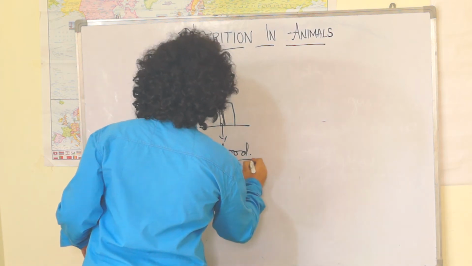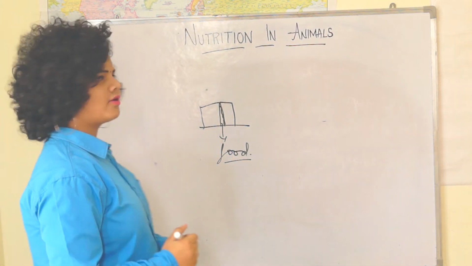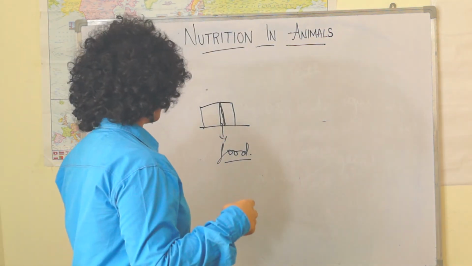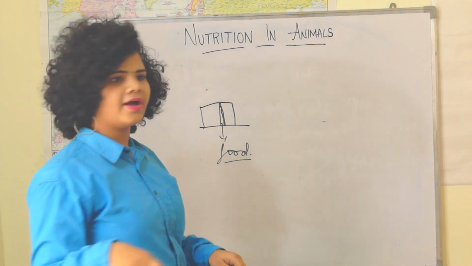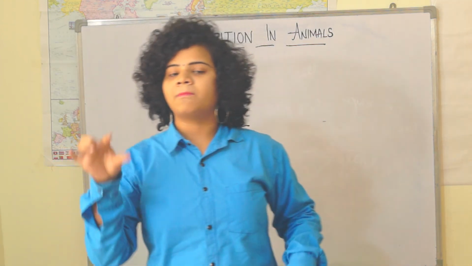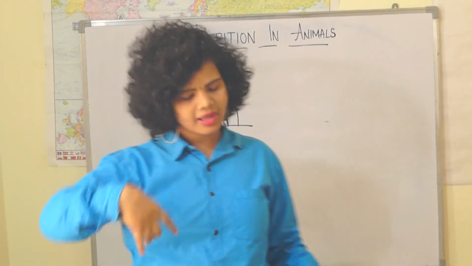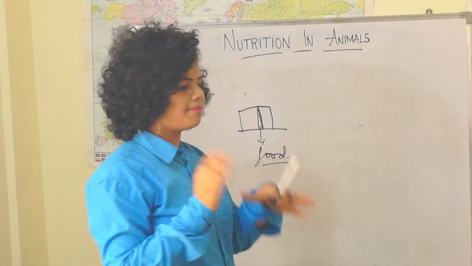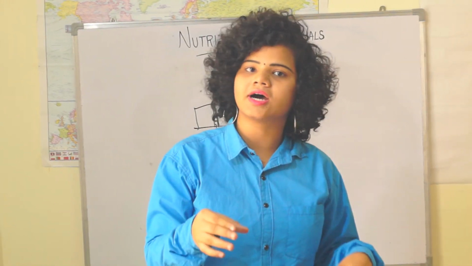If you do not clean your teeth, or do not wash your mouth, the bad bacteria forms in between your teeth, and this bad bacteria helps to break down the food into sugars, and